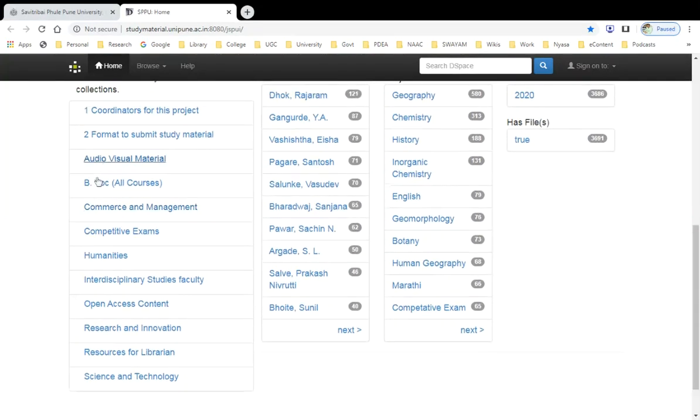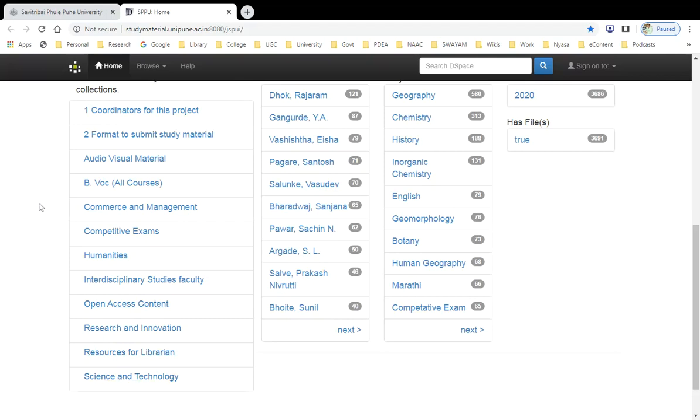We can see audiovisual material, BHOK courses, commerce and management, competitive exams, humanities, interdisciplinary studies, open access content, links to open access journals and databases, research-related content, resources for librarians, and science and technology.